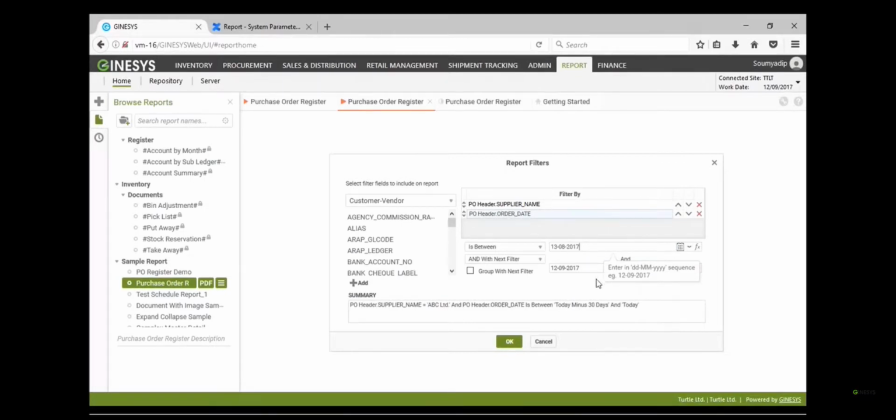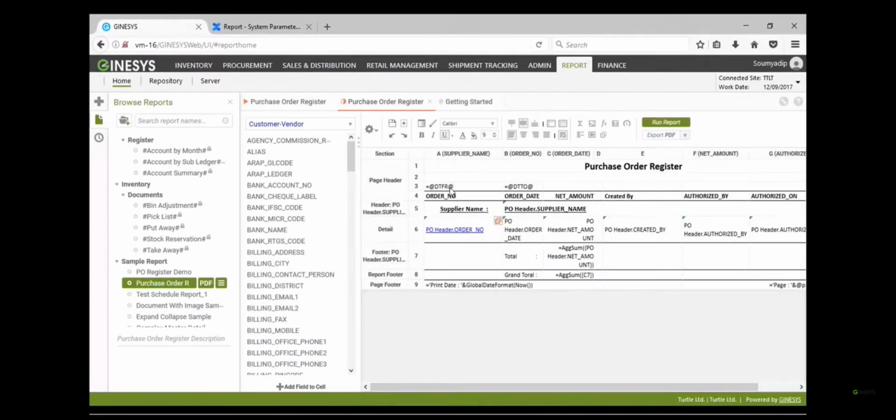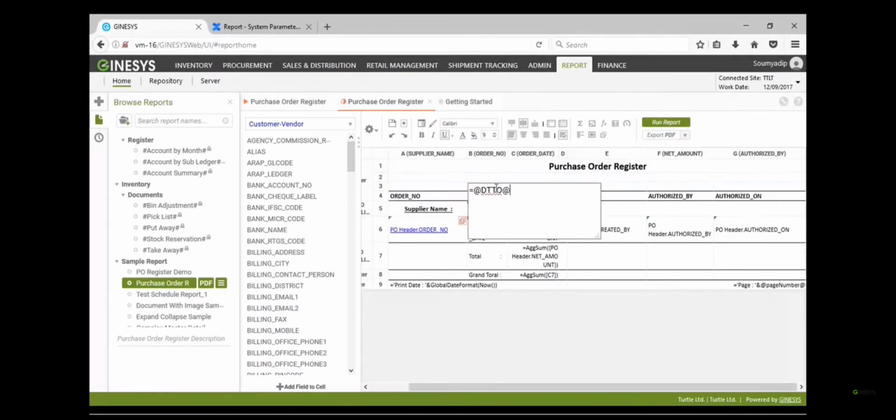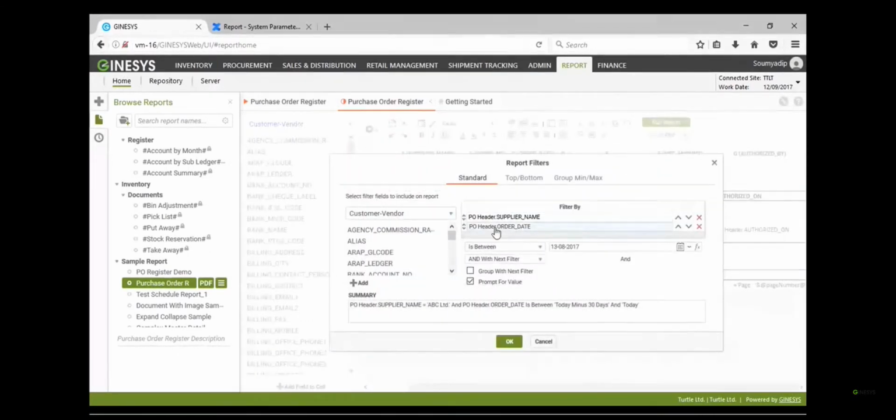Now, instead of using the parameter here, I will use this parameter in my filter dialog box. In order date, I will specify @DTFR@ and @DT2@.